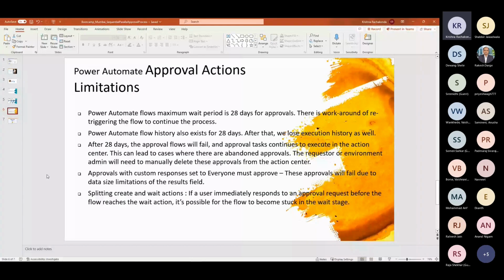Also, after 28 days, if the approval flow fails and the approval task continues to execute in the action center, even if that particular Power Automate flow is suspended or fails, the approval tasks assigned to the approvers are still in the action center. So when they approve it, it doesn't move anywhere. There are a few other limitations and challenges as well, which I did not capture here. So keeping all of that in mind, I